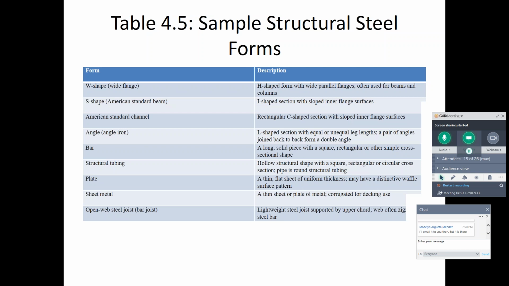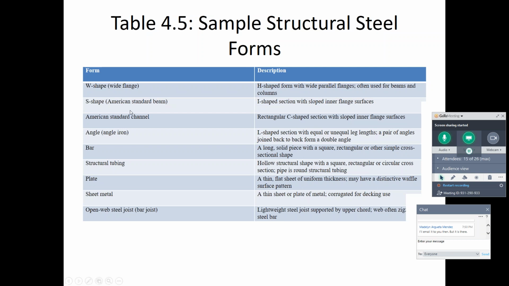We have a W-shaped wide flange, an H-shaped form with wide parallel flanges used both for beams and columns. We have the S-shaped American Standard beam, an I-shaped section with sloped inner flange surfaces. And don't ask me why they want to confuse your names with the shapes. American Standard channel, a rectangular C-shaped section with sloped inner flange surfaces. We have an angle or L-shaped section with equal or unequal lengths, and pair of angles, and so on and so